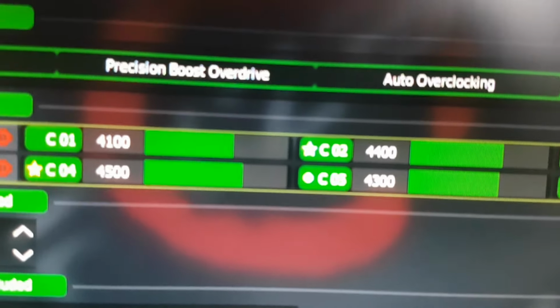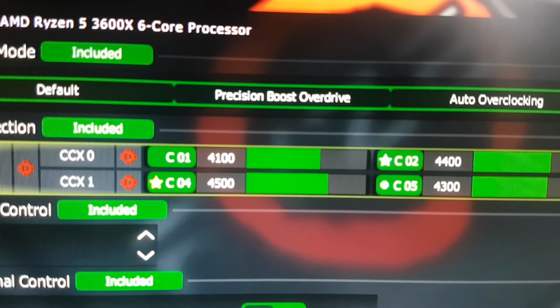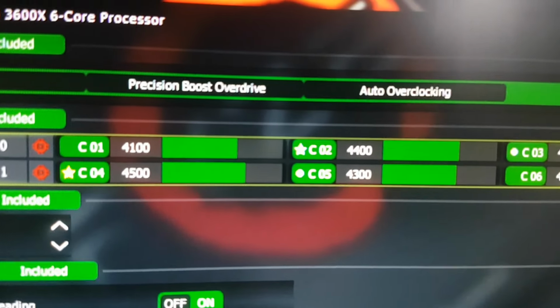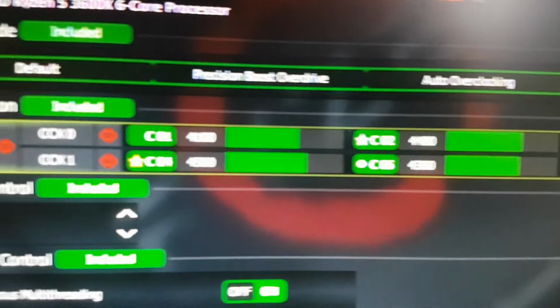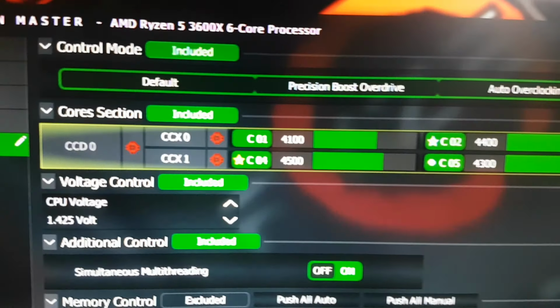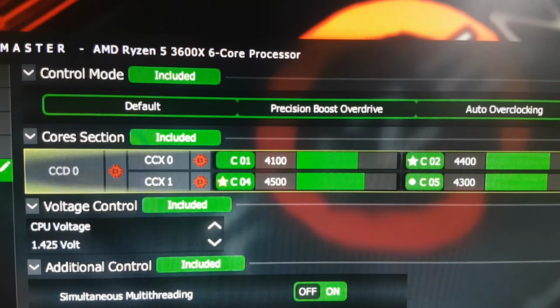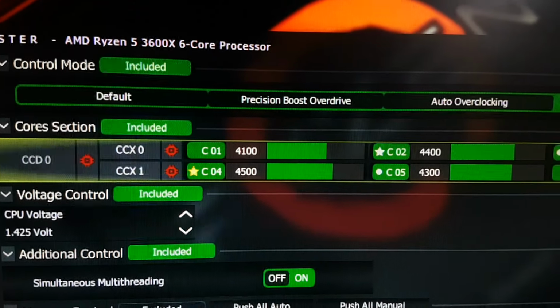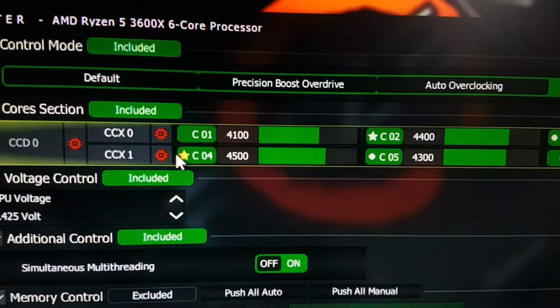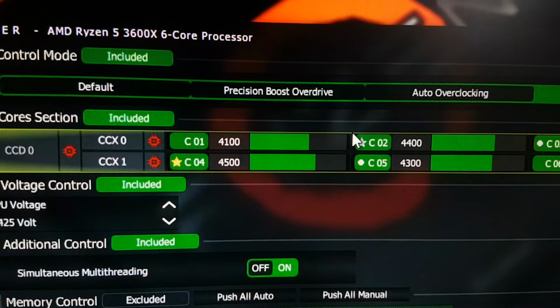So the best core on that chiplet, CCX0, is that core there with a star by it, and the best core on CCX1 is that one there with a star by it. We'll just drop the auto exposure. See, it's got a yellow. That's the best core in the whole chiplet, that is, the fastest core in the system,